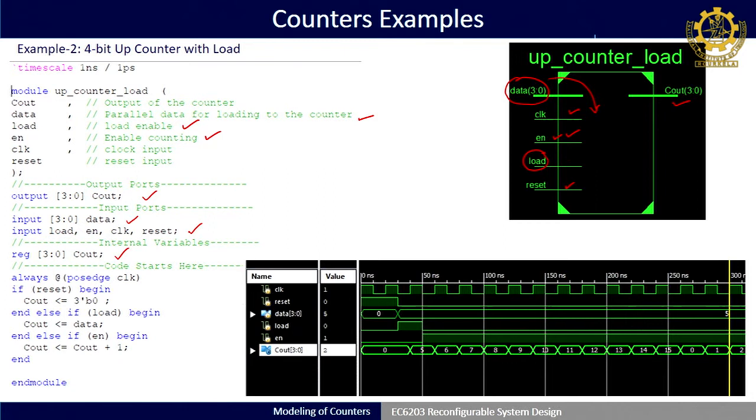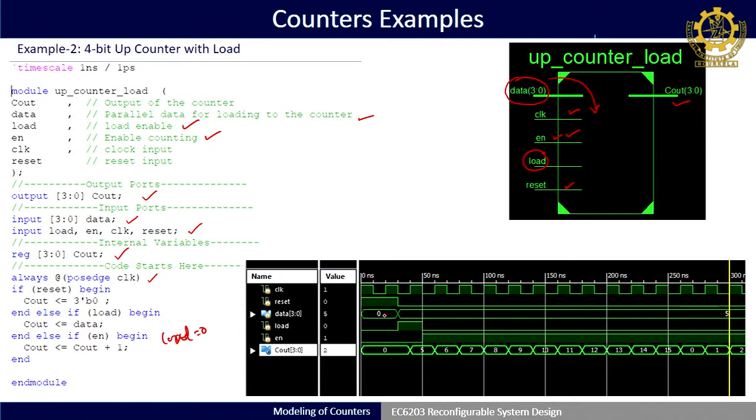Okay. So, if you see, always at the positive edge of clock, if reset is high, then C out becomes 0; again we have used the non-blocking method. Now we can see if reset is high, my output is 0, and when load is high, the data will be loaded in the C out. And again else if, written means if load is 0, and enable should be high, so that it will start counting up: C out <= C out + 1.